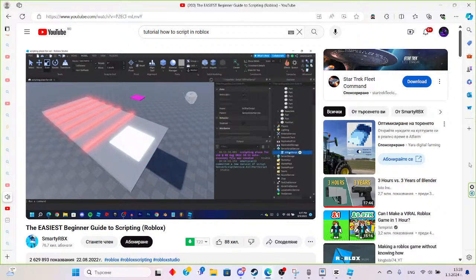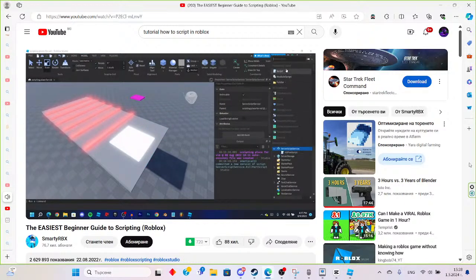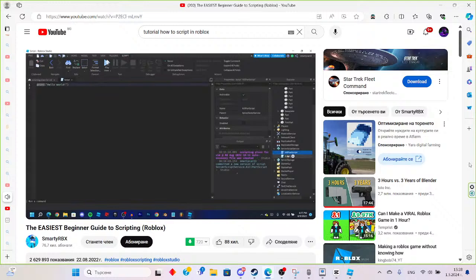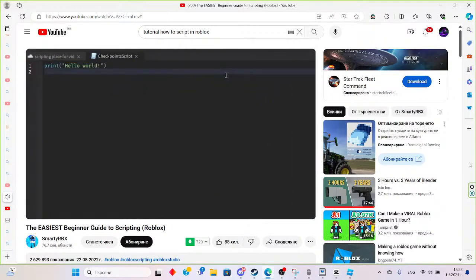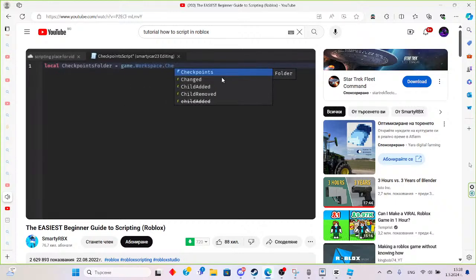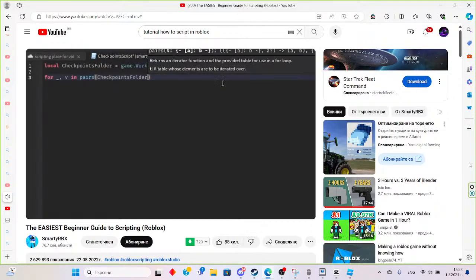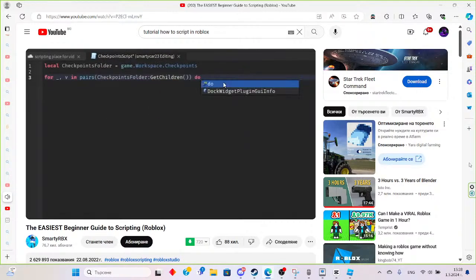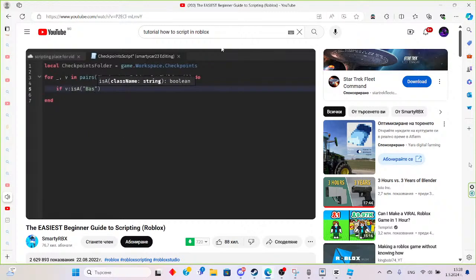So let's add a new script into server script service, and let's rename it to checkpoints script, and we're gonna do the same thing as we did before. So local checkpoints folder equals game.workspace.checkpoint, and for underscore comma v in pairs checkpoints folder get children do. If v is a base part, so that checks if it's a part of any kind, then v.touch connect function, and now we need this